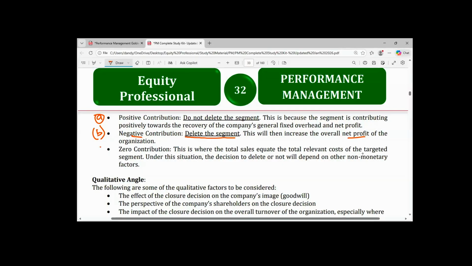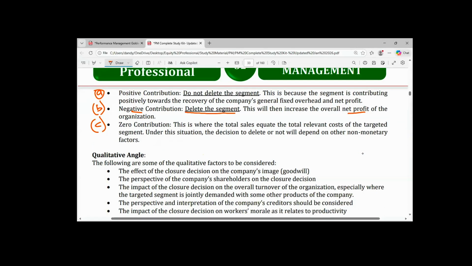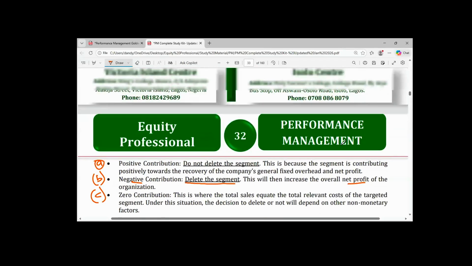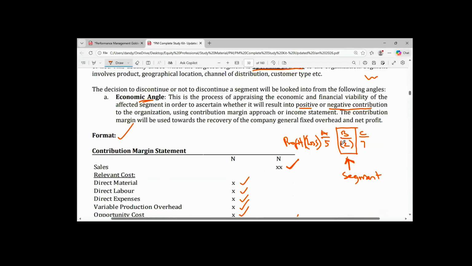Then number C, the last point in your decision rule is zero contribution, which will arise where the total revenue or the total sales equals the total relevant cost. So when this happens, the company can either delete or not delete the segment, depending on other qualitative factors. So this is what you need to do as far as deleting of a segment is